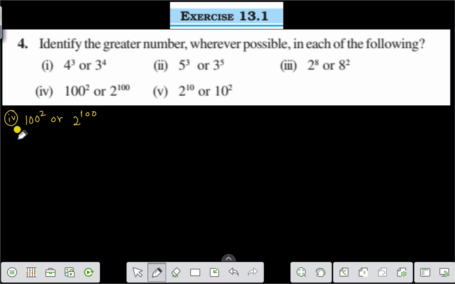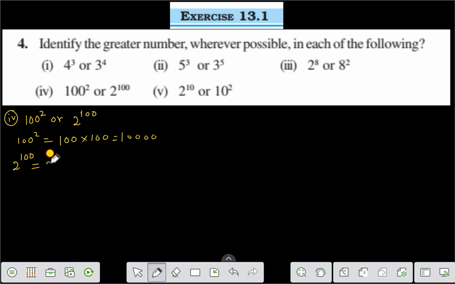That means the first one, 100 square, means 100 into 100, and that comes to 10,000, right? Or we can write 2 to the power 100. You can write it in this way, 2 to the power 100 can be written as